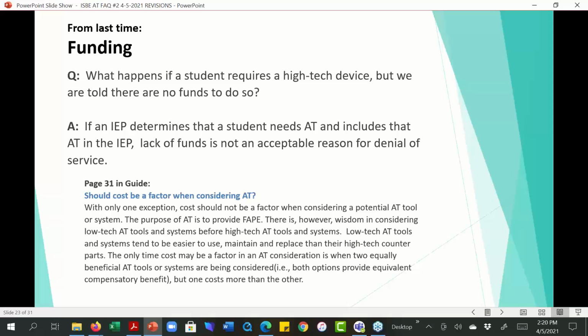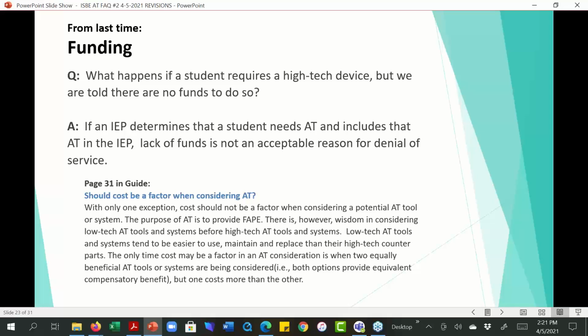Now you may consider other options, and on page 31 of the guide, here is a quote which says, with only one exception, cost should not be a factor when considering a potential AT tool or system. The purpose of AT is to provide FAPE. However, there is wisdom in considering low-tech AT tools and systems before high-tech AT tools and systems because they tend to be easier to use, to maintain, and to replace than high-tech counterparts.